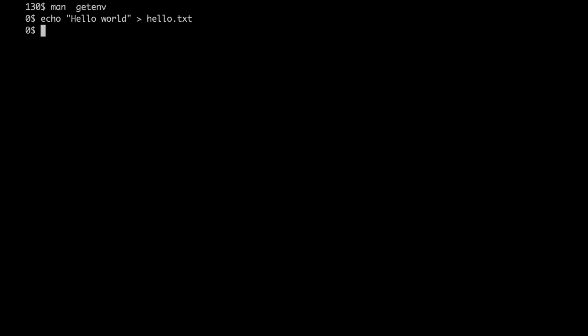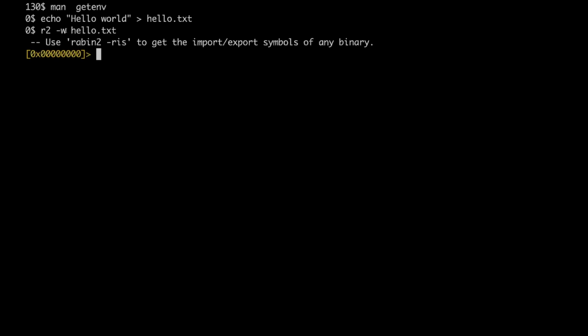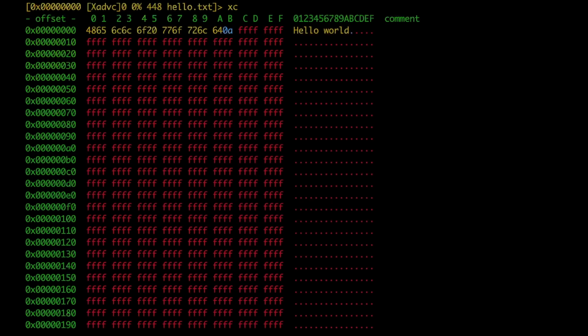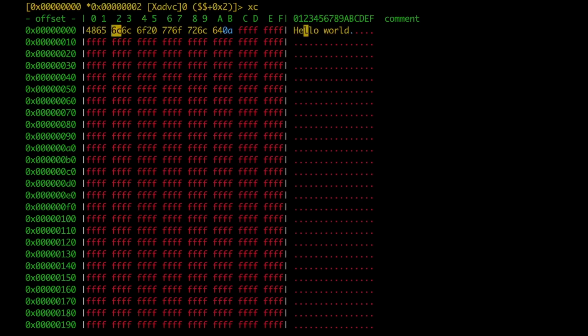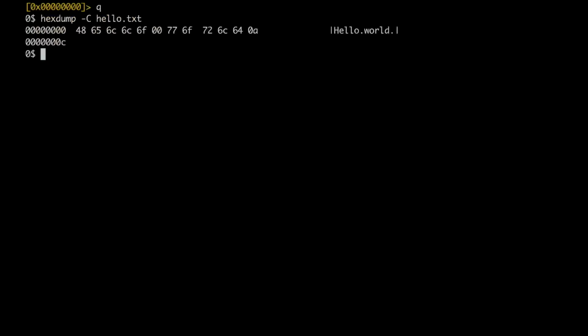in the hello.txt file. We open the file with the -w command line flag, basically because we want to write. And here, pressing C, we enter the cursor mode. So we can replace this 20, which is the space, with a null byte. And now we can just press Q twice, so we can examine the hello.txt file that contains the null byte inside. So what we want to experiment with is modifying the environment of the process with the contents of this